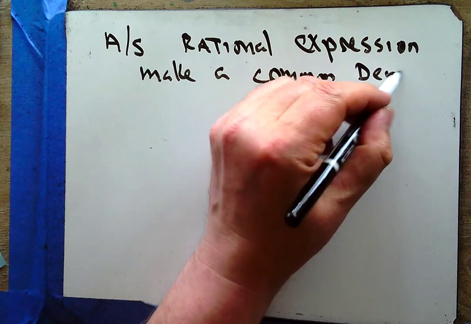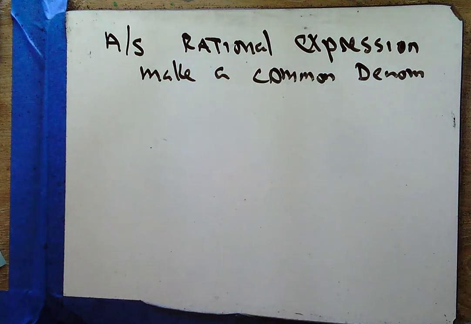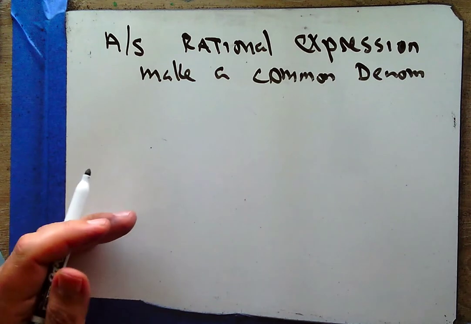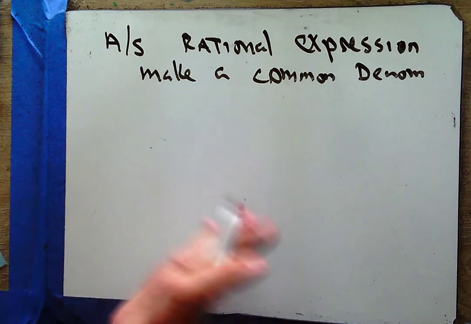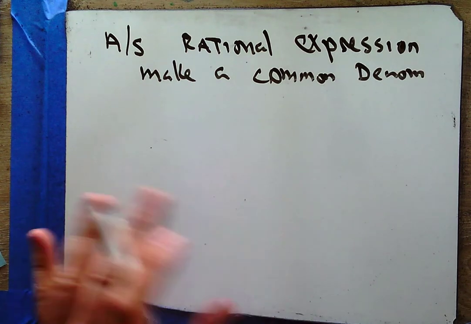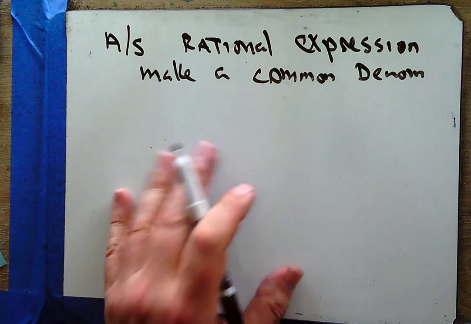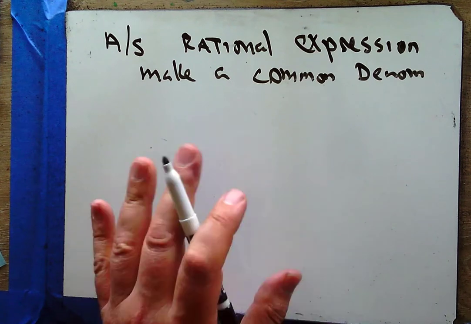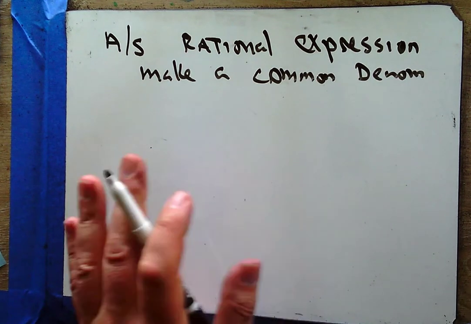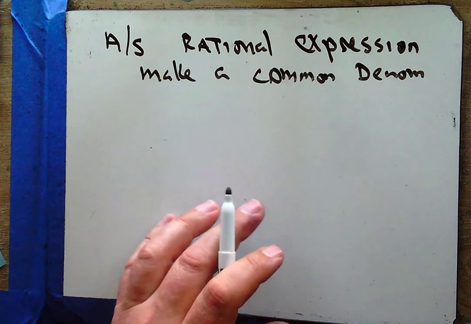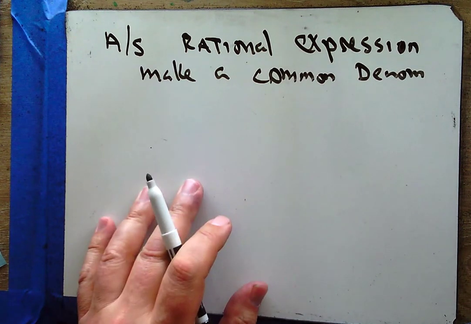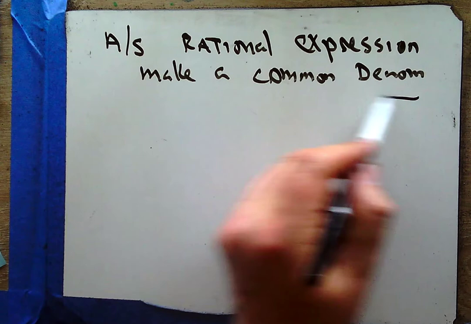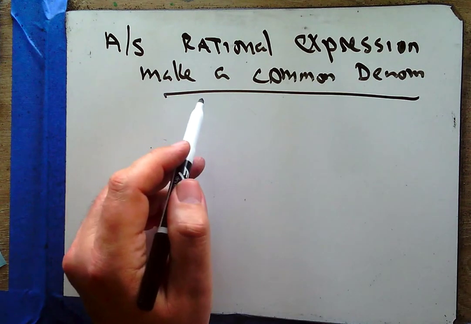denominator. Now, when we were doing the solving stuff in the Algebra Basics unit, I said that whenever I had a fraction, I wanted to multiply all the terms by the least common denominator to get rid of all the fractions. Yeah, I can't do that here, because these aren't equations. These are rational expressions. There's no equal sign in them. I'm not supposed to get x equals some number. All I'm supposed to do is simplify the expression, which means I have to make a common denominator in these